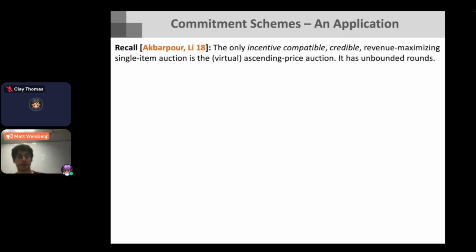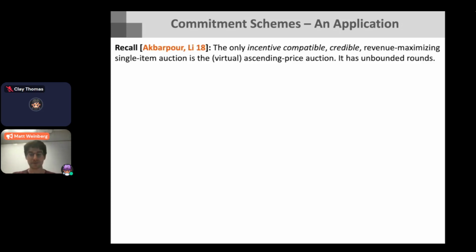Okay, so at EC 2018, the best paper that year was called Credible Mechanisms by Akbar Pour and Lee. And there's a lot of stuff in that paper, but the result I want to focus on is they showed that the only incentive compatible, credible, revenue maximizing single item auction is the ascending price auction. And one thing that's a little bit undesirable about that is that the ascending price auction has an unbounded number